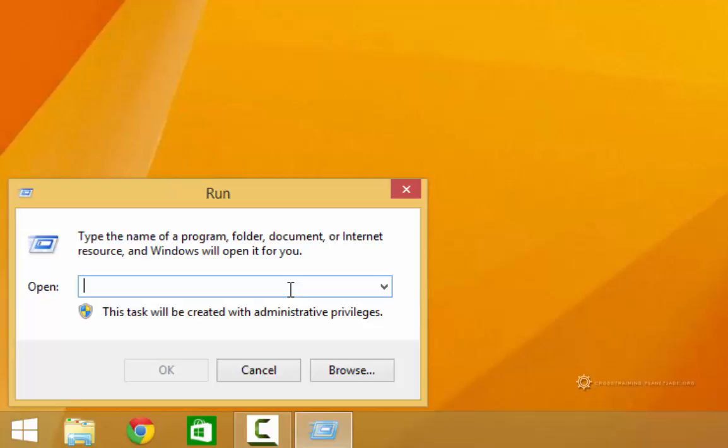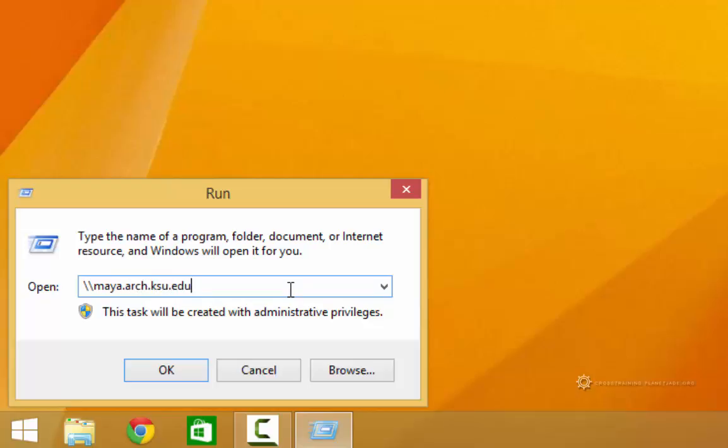And I'm going to type in // and this button is located right above the enter key on most keyboards. And then I'm going to type in the name of the server. And then at the end of that, I'm going to type a period, and then I need to enter in the fully qualified domain name of that server so that it can search through the World Wide Web and find it. So that would be